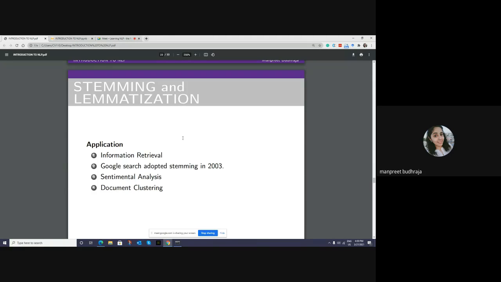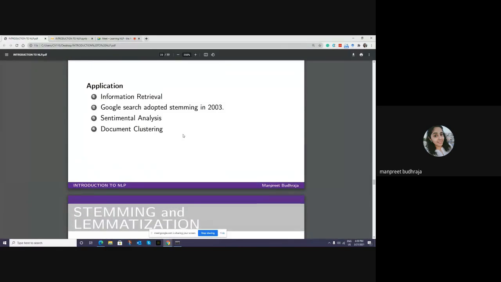Suppose it's 'the happiest person in this happy world'. So happiest almost means happy, so you convert it to its root word happy. That's why you do these things to clean your text. So it's a part of your pre-processing,